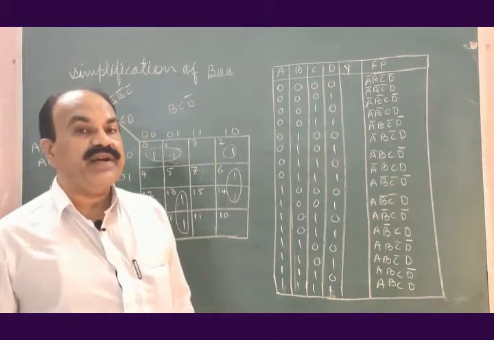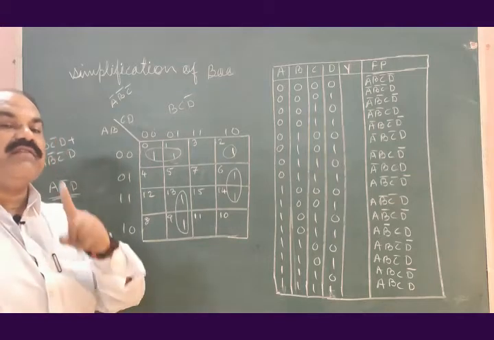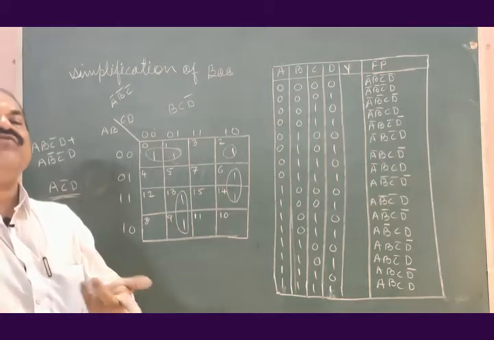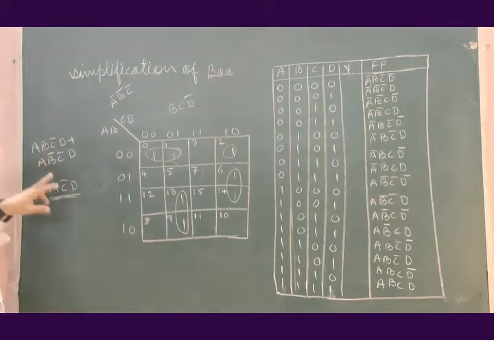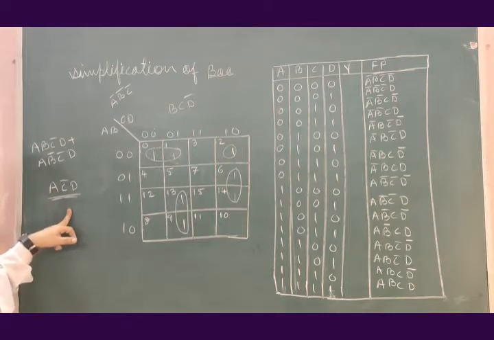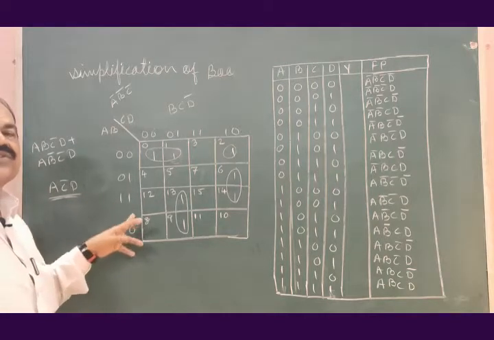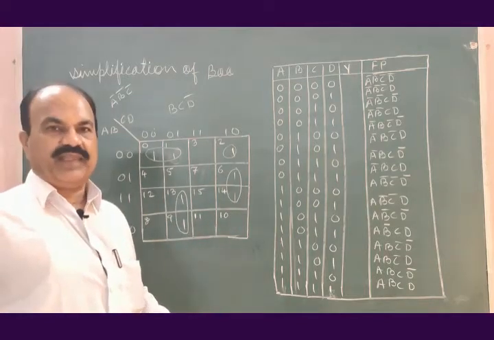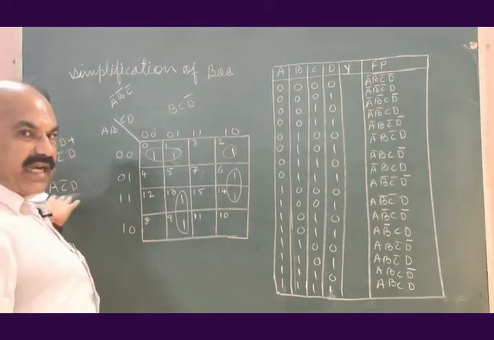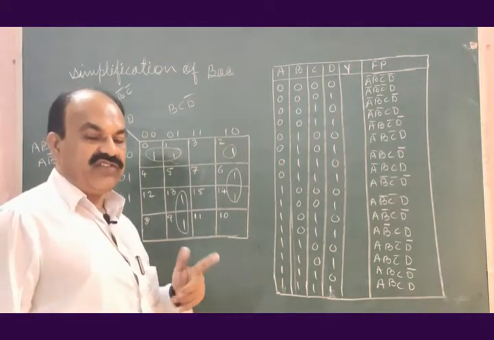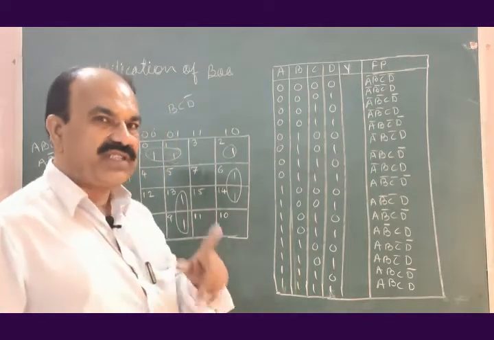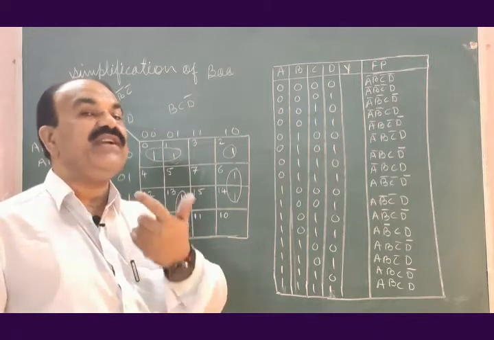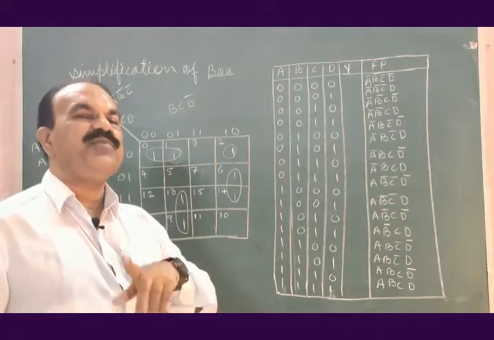Why to form pair? Because of formation of pair, one variable and its complement will go away and such equation will be simplified to this form. Therefore, pairs are formed whenever possible on the Karnaugh map. This is known as pair and advantage of using pairs. After having known what is pair and what is advantage of making pairs on the Karnaugh map, let us go to the quad and what is advantage of using the quad.